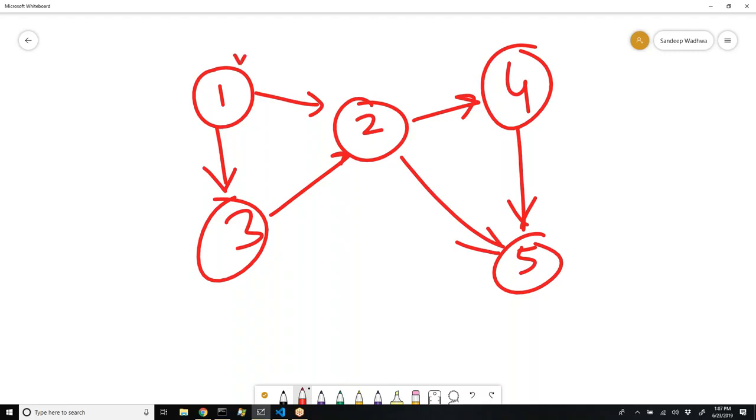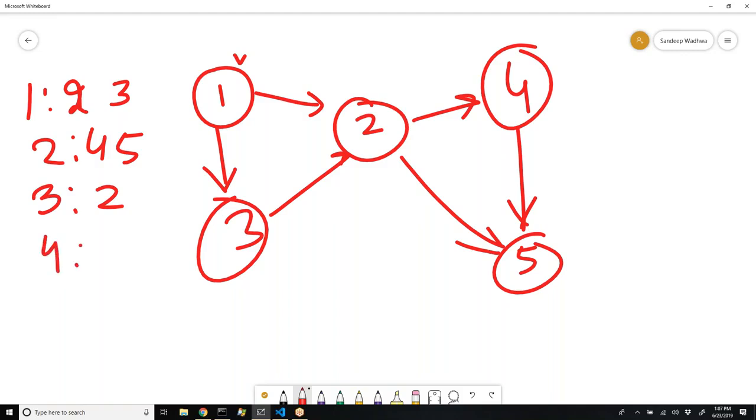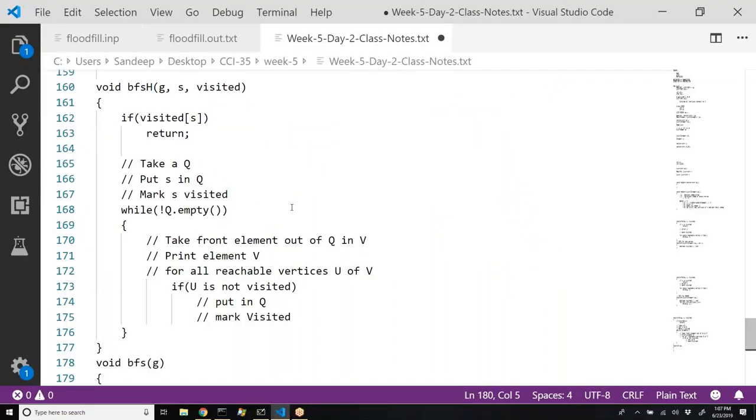If I do a depth first from 1 and imagine the adjacency list is like 1 has 2, 3, because order matters, 2 has 4 and 5 as adjacent vertices, 3 has 2, 4 has 5, and 5 doesn't have any next vertex. Correct? Now think about it, the DFS code that we have seen just now,